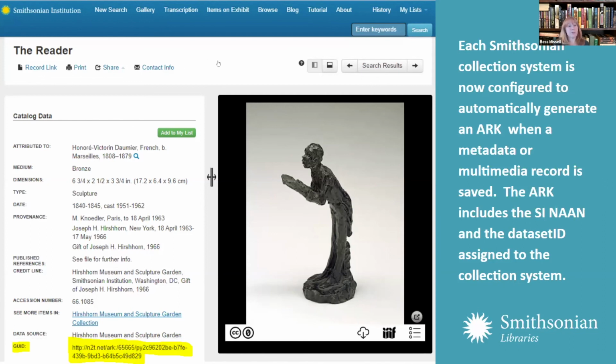And one of the things we did with the Open Access project was for all of the Smithsonian collection systems that were involved, they are now configured so that when a metadata record or an image file is saved, an ARK with the appropriate dataset ID is automatically assigned and created for that record.